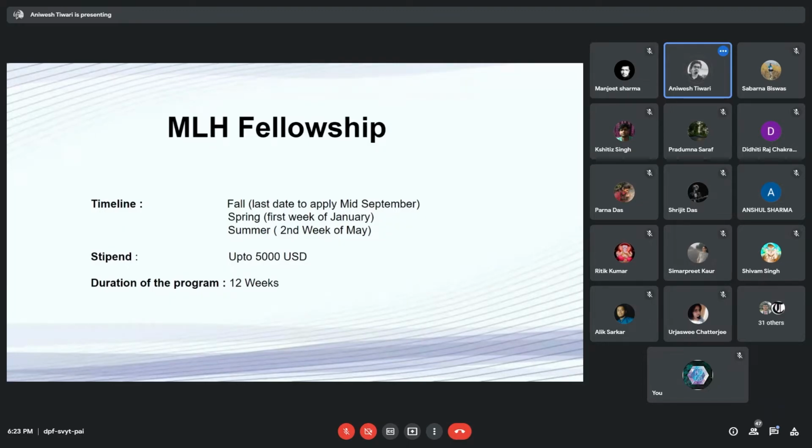The last date to apply is the second week of May. You will get a huge stipend here, about 5,000 US dollars, which is approximately 3,50,000 Indian rupees. The duration of the program is 12 weeks, and definitely you will learn a lot from the MLH Fellowship. So I will suggest you apply for MLH.